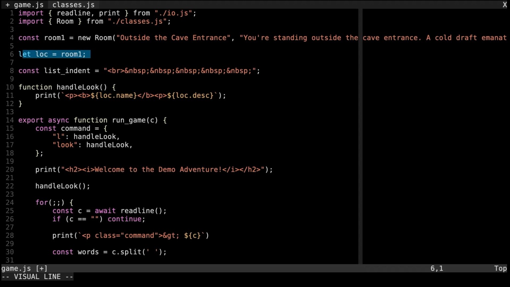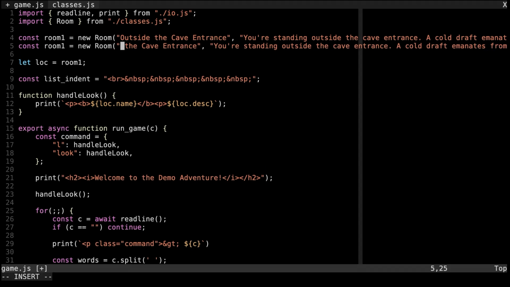So room 1 refers to that one room we made. Loc also refers to that one room we made. We've got two things referring to the same room. But what this means is that if I make myself another room,